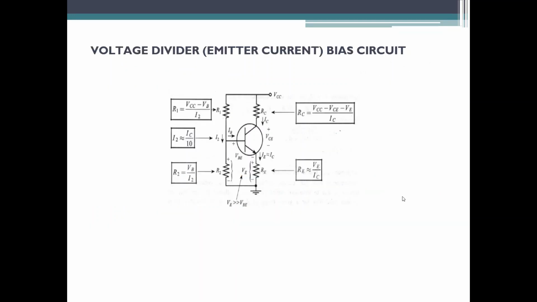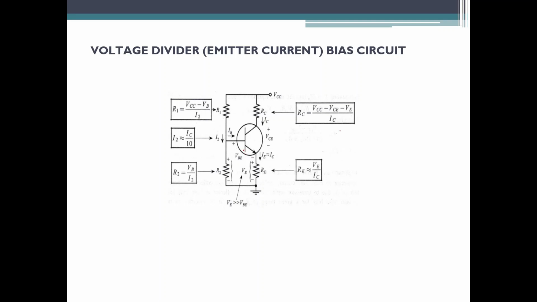Moving on to the next circuit, that is the voltage divider or emitter current bias circuit, which is the third way in which you can bias the transistor, that is, make the collector current flow between the collector and emitter. The circuit diagram here looks totally different from the ones we have done previously. In the previous case we had used two resistors, that is RC and RB, whereas in this case I have used three additional resistances, that is R1, R2 and RE. The intention here is once again the same. You need to make the collector current flow between the collector and emitter by setting up the respective voltage drop between the base and emitter. This is the ultimate intention here.